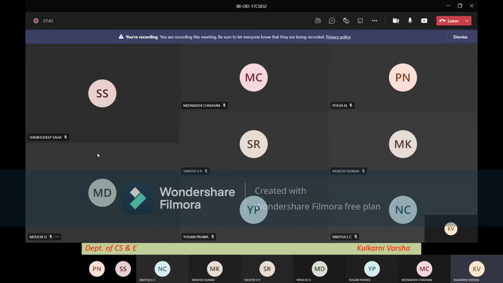I'm coming to this screen, which is our MS Teams screen, and you can see that a number of users have joined, and all the users are shown with one kind of window. You can see Shubhodip Saha over here. If you have the large gallery view, or even now this is visible for you, we can see that each user, I mean each student, is represented by a different window.